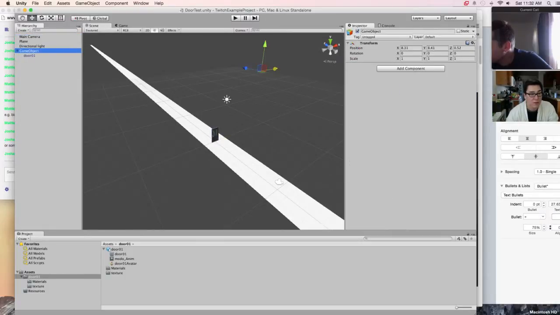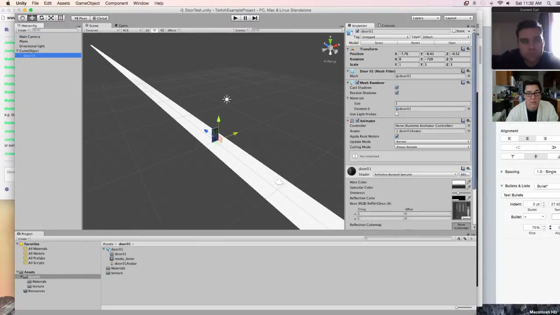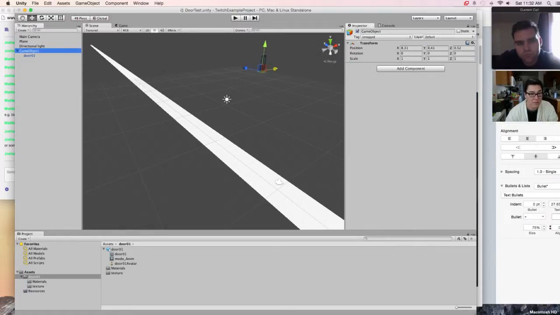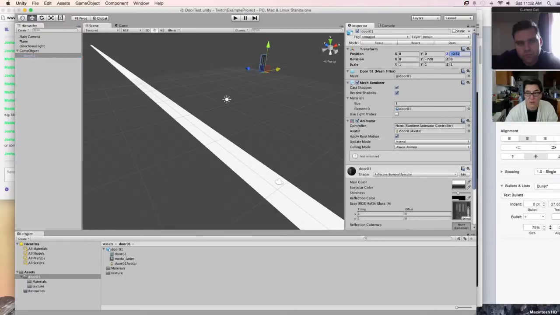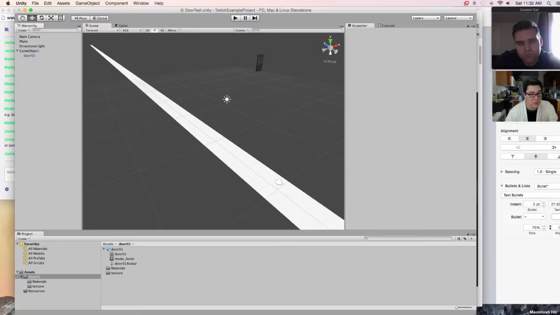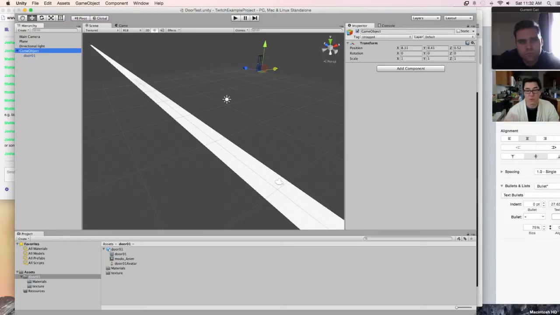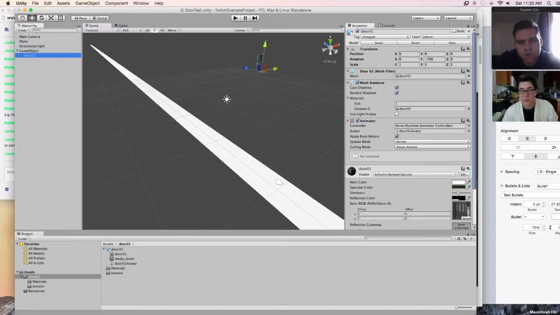The game object is at that distance. 0.55 and 0 should put me exactly where this game object is. Just about. Okay, so I can visually place this game object before I put the door on it, and then snap it to it, right? There are other more automatic ways to do it, but this is a great way